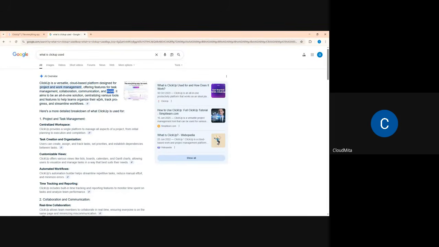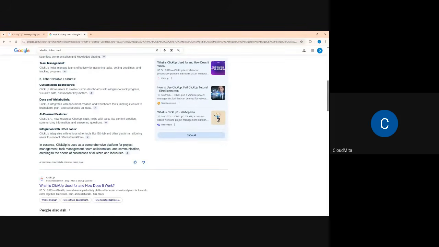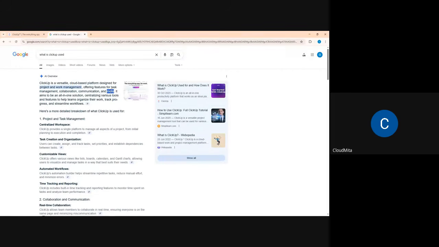It has the features of chatting. It has features to record your screen. It has features to type documents. What about time tracking? It has them. What about real-time collaboration here? It still has them too. See where they say docs and whiteboard here, it has them. Right? That's why they say that it is trying to be